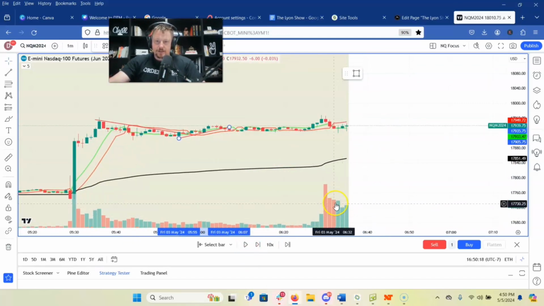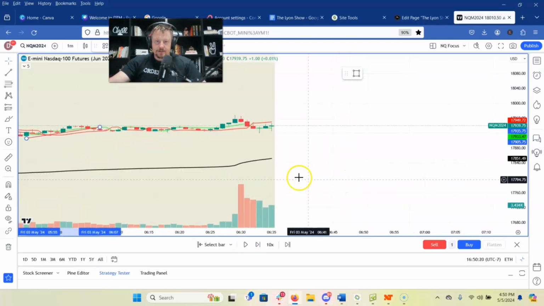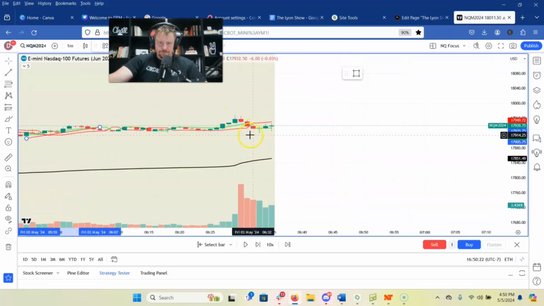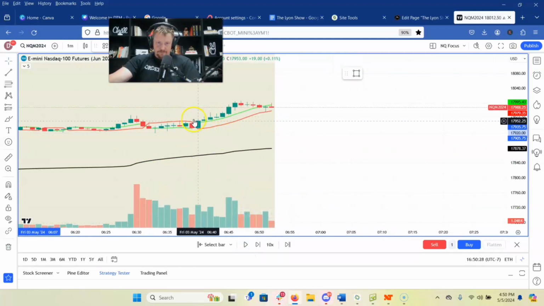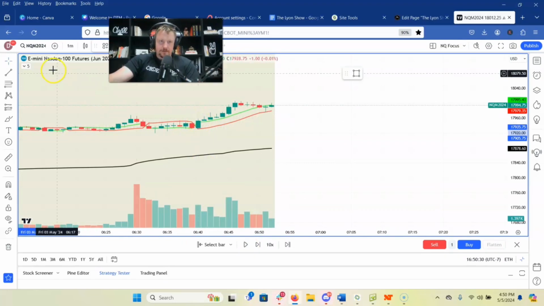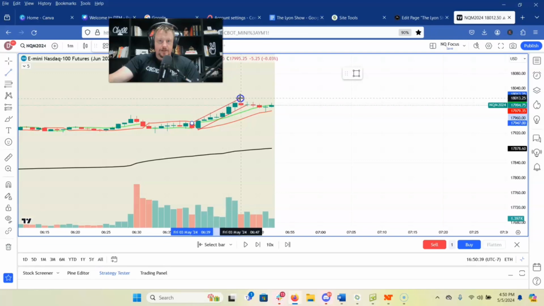Oh my goodness, 6:30 happens. Not a whole lot of action. Very boring Friday. But then I would probably have to wait for... let's see if we have any setups. Okay, here's a good one. Get this real big green candlestick. And again, this is just for basically testing your hypotheses